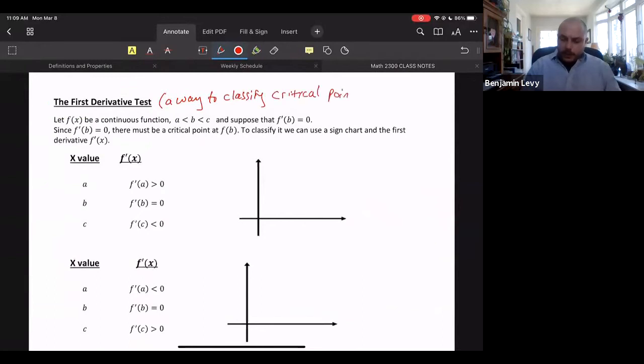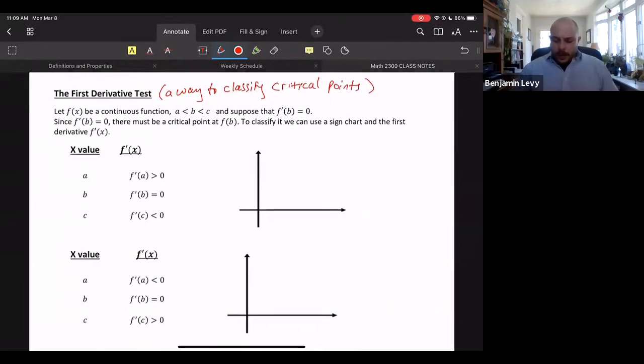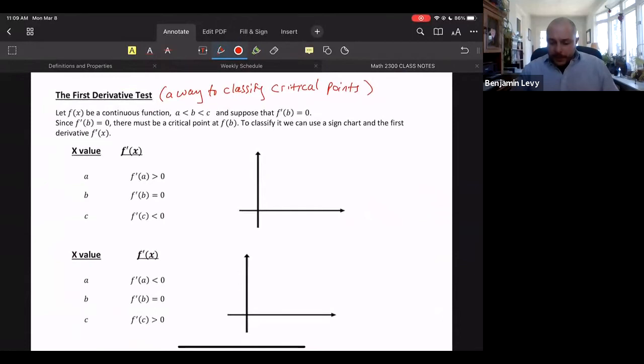And let's do a couple pictures here to explain the idea. On the first picture, let's draw a max. So I'm going to draw a picture of a max that does this, right? And on the second picture, I'm going to draw a min. So it does this. All right, so I'm just drawing a hypothetical boring graph, but what we're interested in